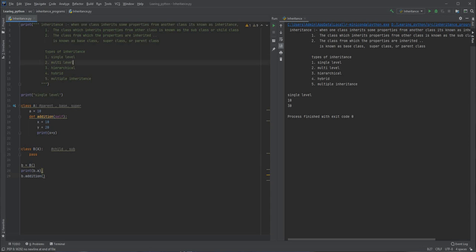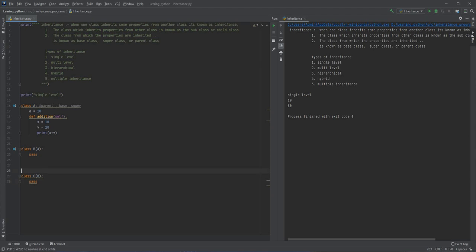Now the next example is multi-level inheritance. Let me give one more example over here, so let me take these things out. Suppose there is a class called capital C. It is inheriting some properties from class B, so we write inside parenthesis the name of the class, capital B, and pass.